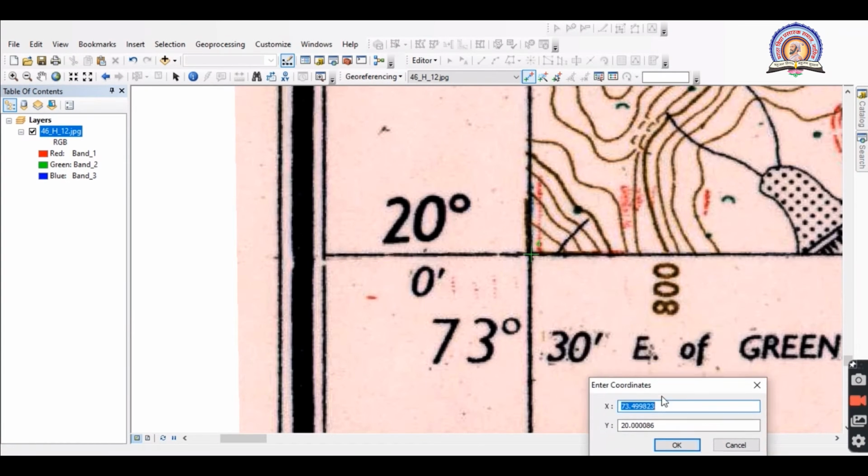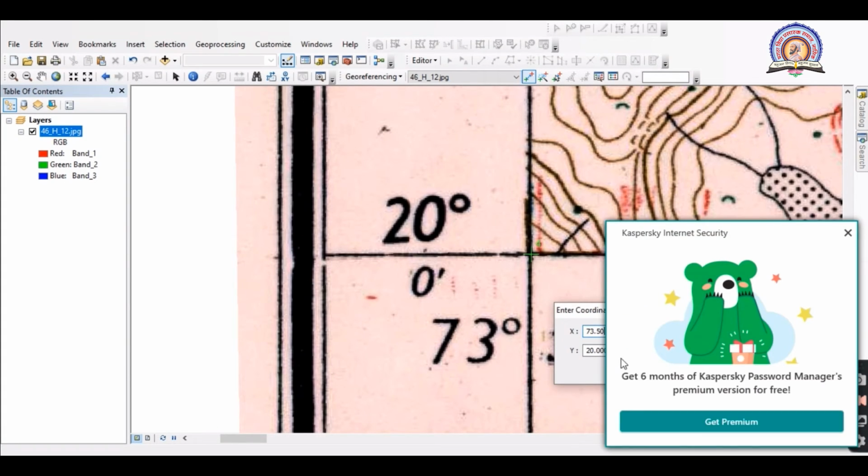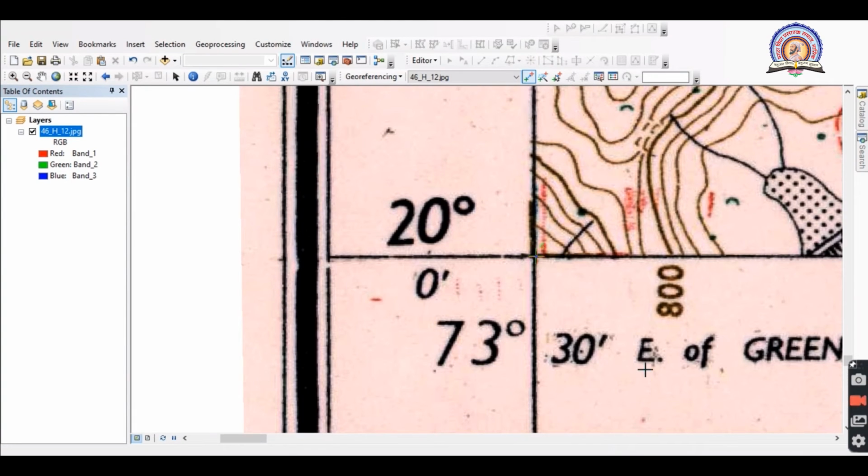So 49 means 73.5, and okay, so we have given all the 4 coordinate points while doing the georeferencing.